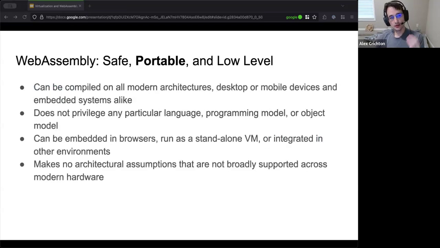The portable side of things is that it's not tied to x86 or ARM64 or anything like that. It is portable across all ISAs. So it's effectively a new ISA, which then gets compiled by compilers to your own native architecture. But the distribution artifact is not these native binaries, rather it's the WebAssembly module itself.